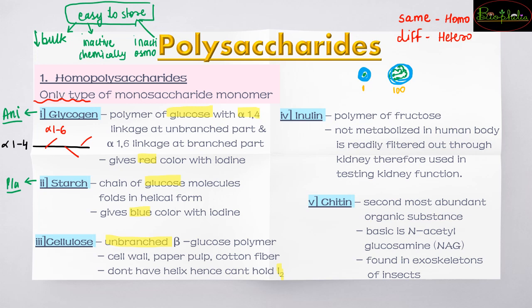The next is inulin. Inulin जो है, it is a polymer of fructose. अभी तक जो हमने देखे, glycogen, starch and cellulose, these were polymers of glucose. But now here you will have inulin, which is of fructose. Inulin जब form होता है from fructose, it is not going to get metabolized in the human body. And since it is not metabolized, it will directly, जैसे का वैसा, be excreted out from